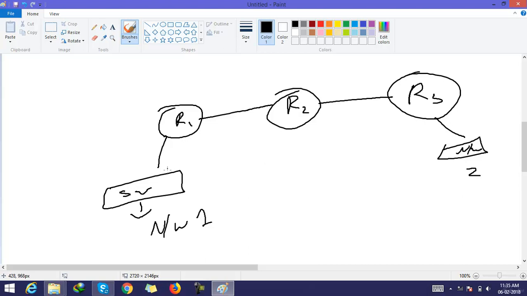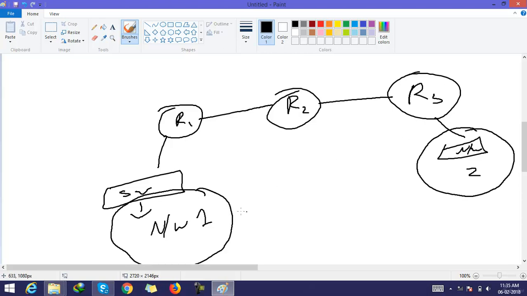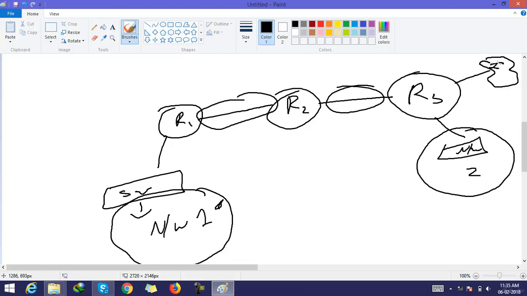If you want this network never to communicate with this network only, but this network can communicate with any other network except this network, we create a list here and we type network 1